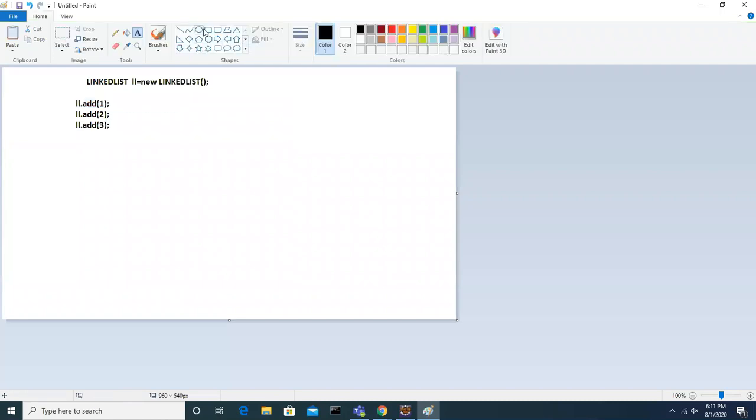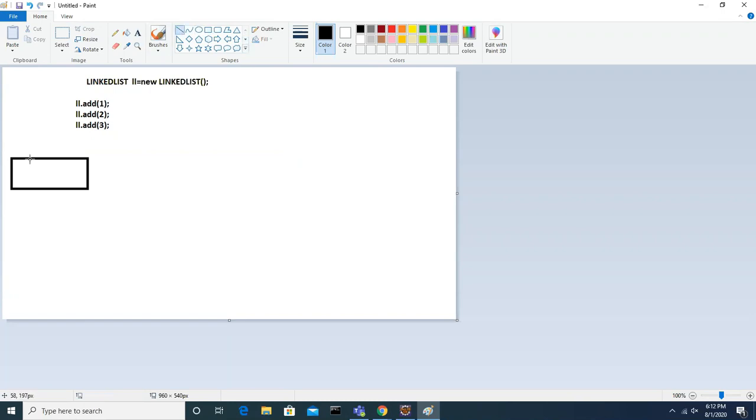So in a LinkedList, what will happen? The moment you add an object to a LinkedList object after creating it, it will create one node dynamically. A node is nothing but some memory part.